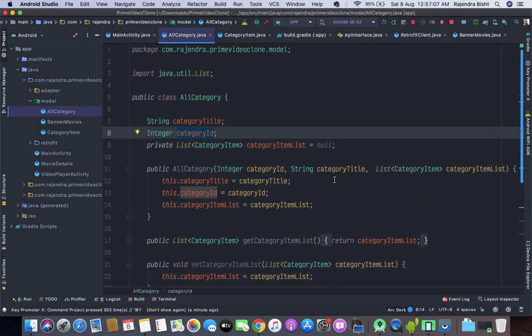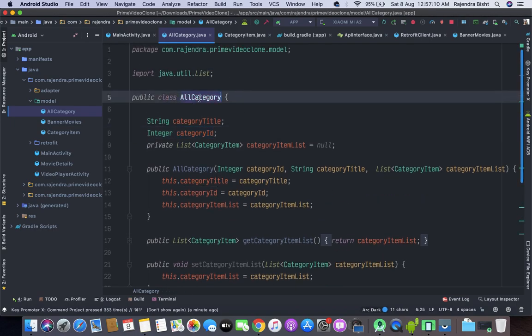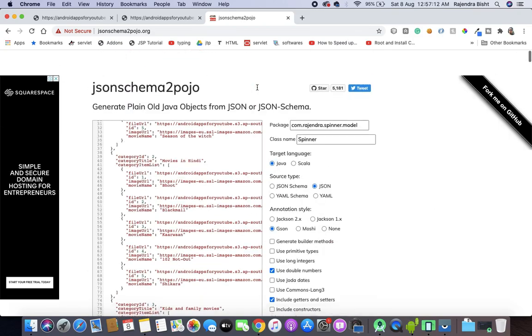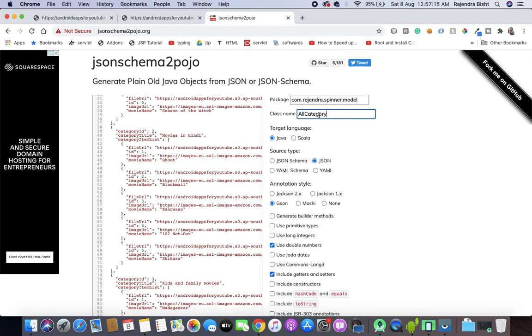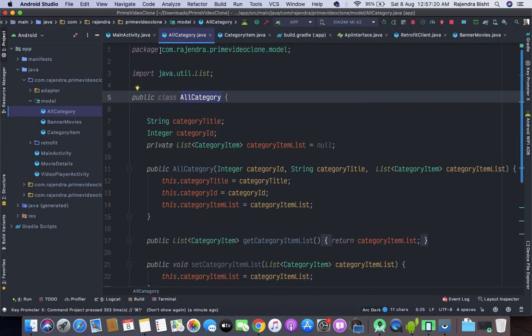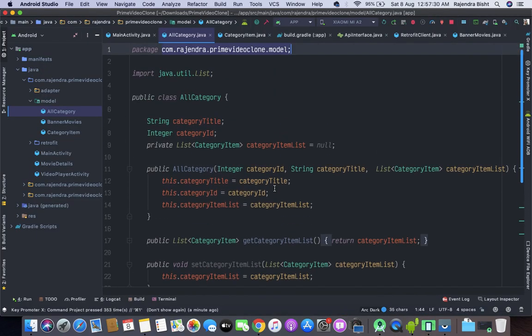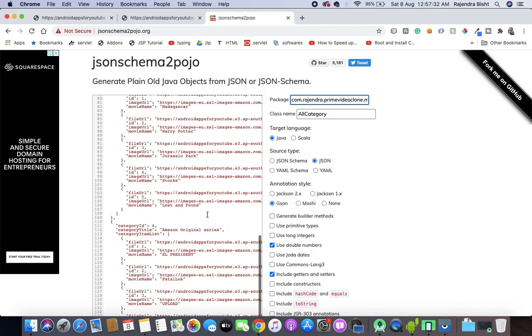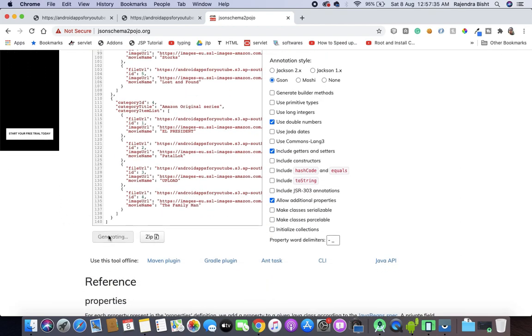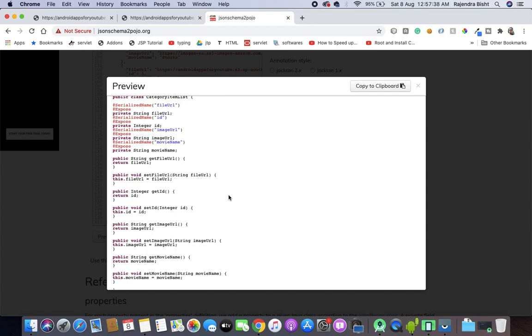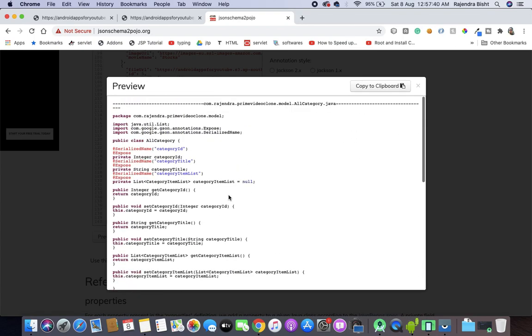So inside the all category, just give it the class name, which is all category, and here I will put the package name, which is... so this is our all category Java file code.